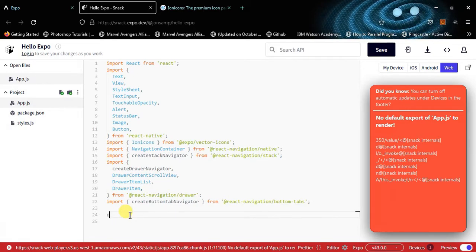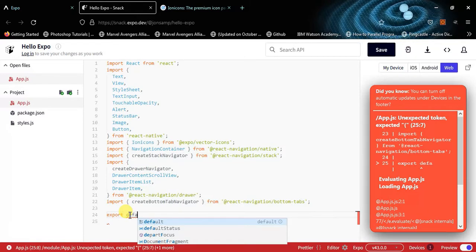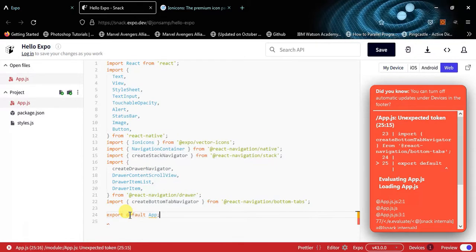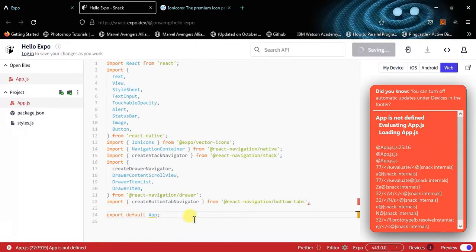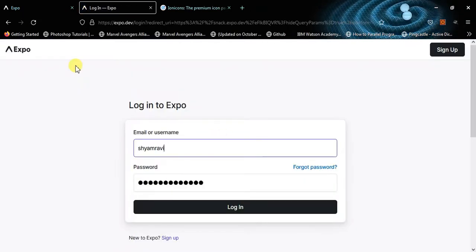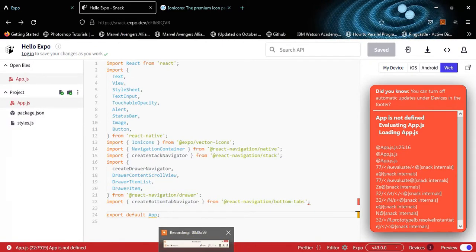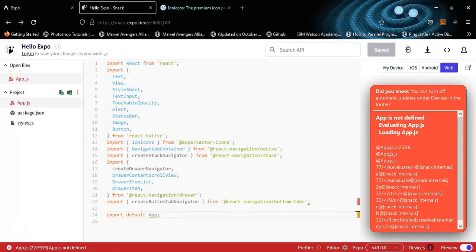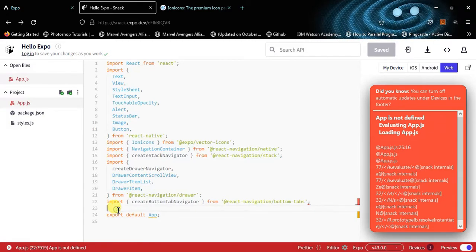So you can say export default app. So we need to return that. So inside here, okay, so still it gives me an error. Let me write a function. So that's why it keeps producing an error. So I just write an empty function